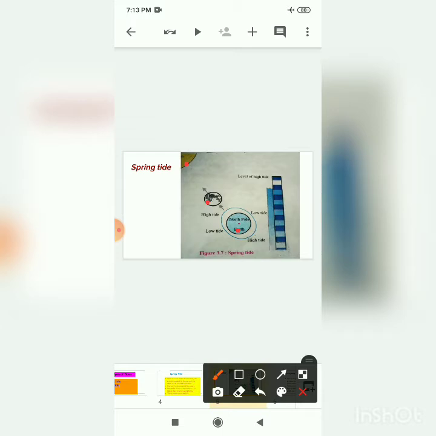Now, as the bulge of the high tide is greater, and bulge means this, students, the water at the low tide recedes much more. Because the bulge is greater, the water at the low tide recedes much more. Here you can see low tide. The water level during the spring tide is higher than the average high tide and lower than the average low tide. So this is what has been given over here.